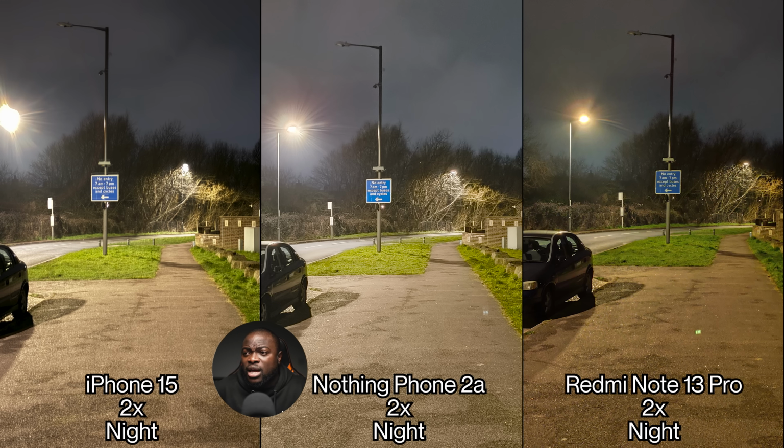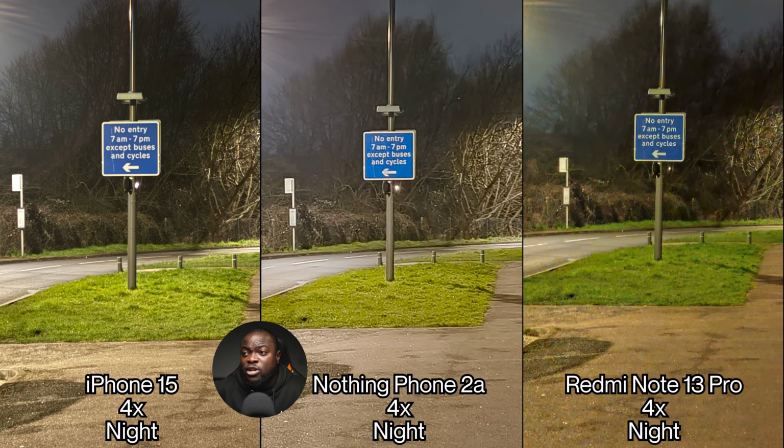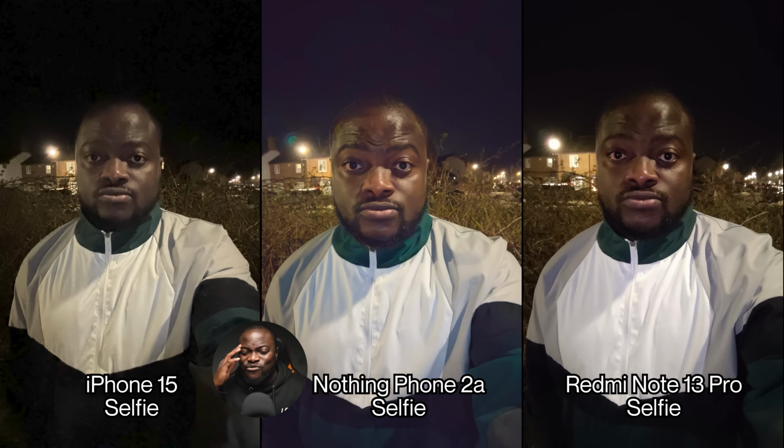And in the 2x mode, again, I would say that the Redmi Note 13 Pro is actually holding up a lot better than I was expecting. I'll probably give it to that. And then the Nothing Phone 2a, then the iPhone 15. Now in the 4x mode, pretty much the improvement goes in the order of still being on a Redmi, then the iPhone 15, then the Nothing Phone 2a, but all of them in terms of exposure have really improved with night mode. Now with the front facing camera with night mode off, then night mode on, and flash where applicable,